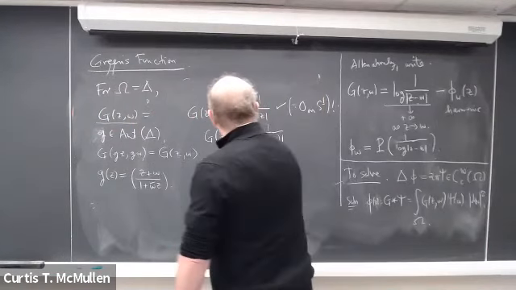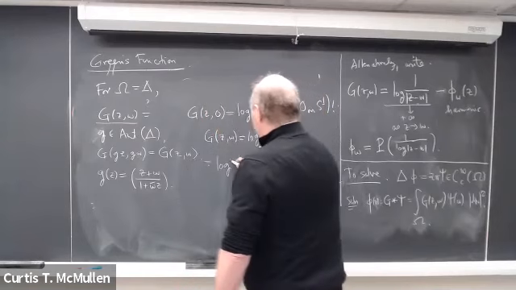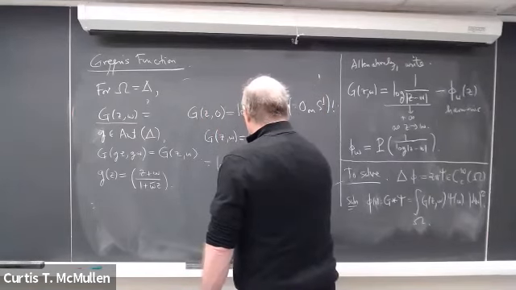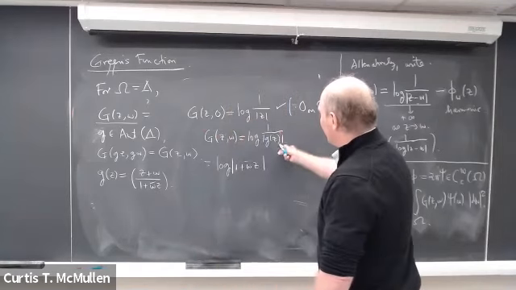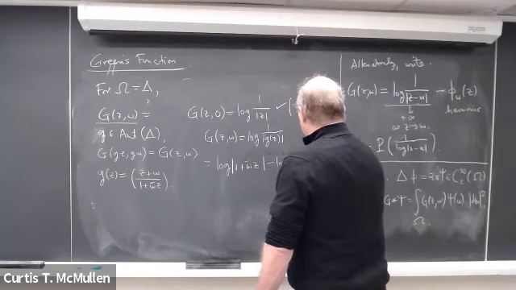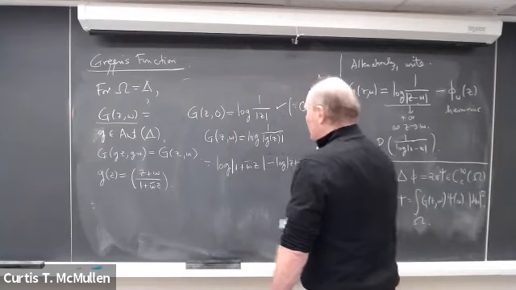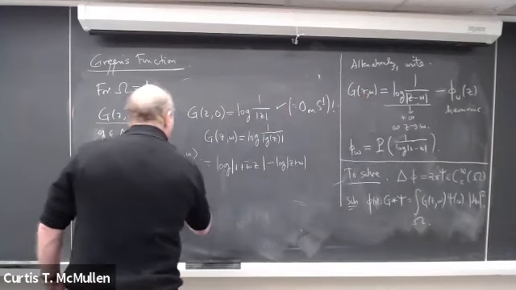And that's equal to the log of 1 plus w bar z, that's the denominator, but we're taking the reciprocal, and then minus the log of z plus w, and this can be rewritten as